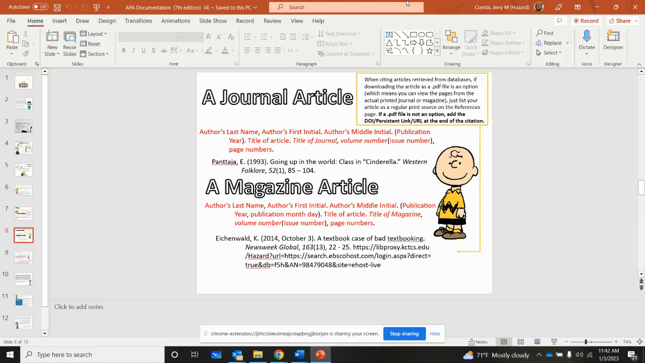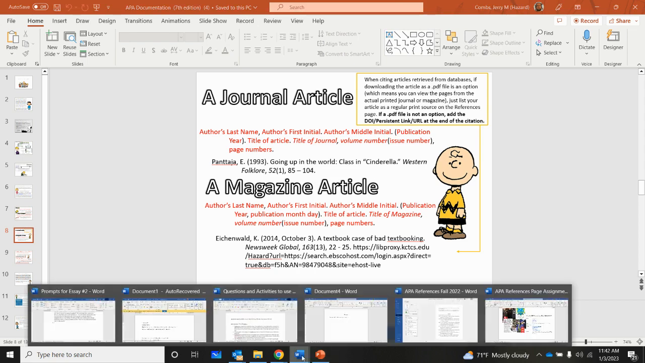Most of the time, I have to pull out my manual or pull out this PowerPoint, especially for APA. So don't think this is anything that you have to memorize. You are always allowed to have your resources with you as you're citing your sources. So let's go to the